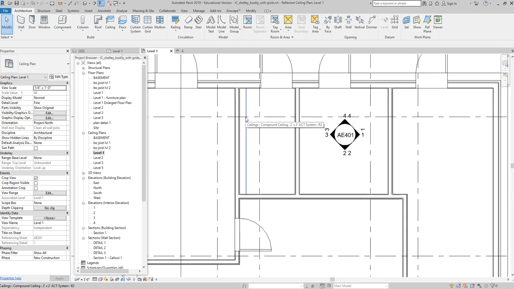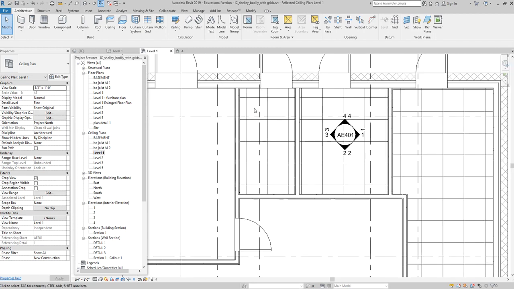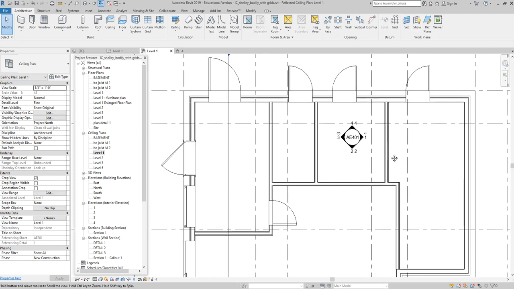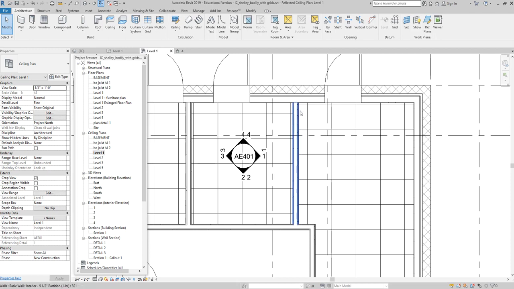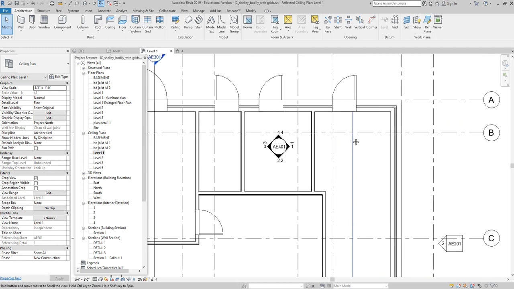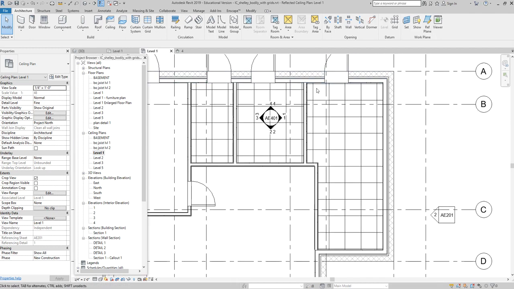But one other thing I want to tell you about, and this is really great after you've worked with AutoCAD for a really long time. One nice thing about the patterning on ceilings in Revit is that they can be adjusted, right? If you've ever done a reflected ceiling plan in AutoCAD, you can somewhat move the hatch pattern around, but not as easily as this. And you want to have your ceiling pattern centered on the space, right? This one actually looks like, from here to here it might be, but from here to, oh yeah, it looks like